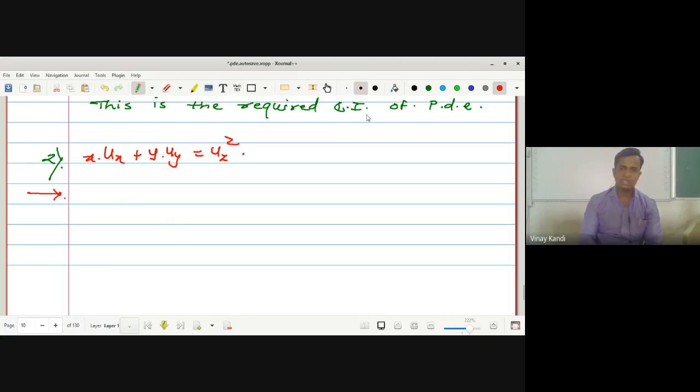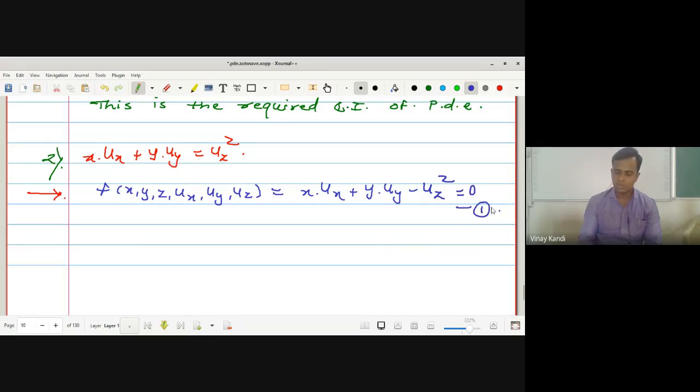Okay, now given differential equation is f of x, y, z, ux, uy, and uz, which is equal to x into ux plus y into uy minus uz square, which is equal to 0. This is the equation number 1. Okay, now auxiliary equations are